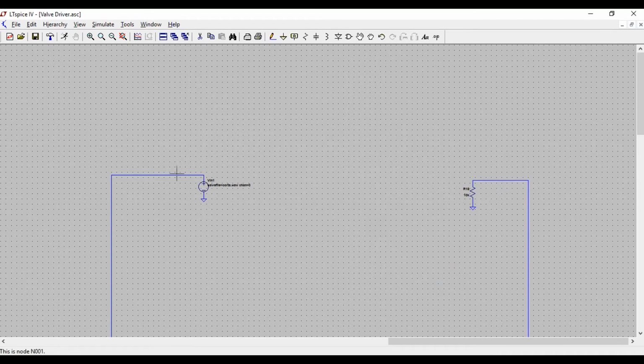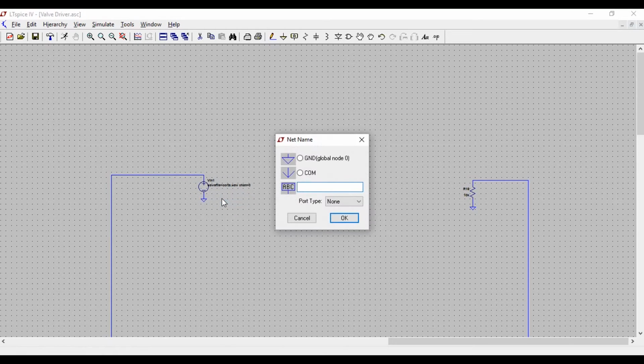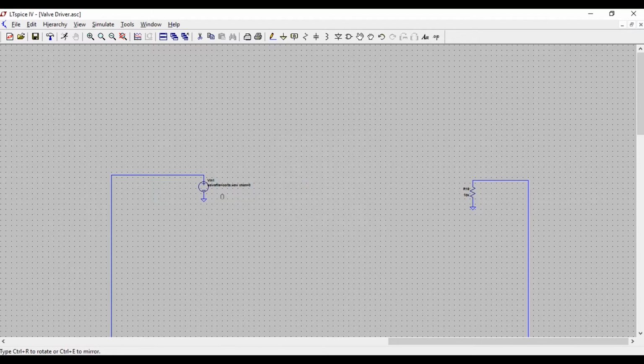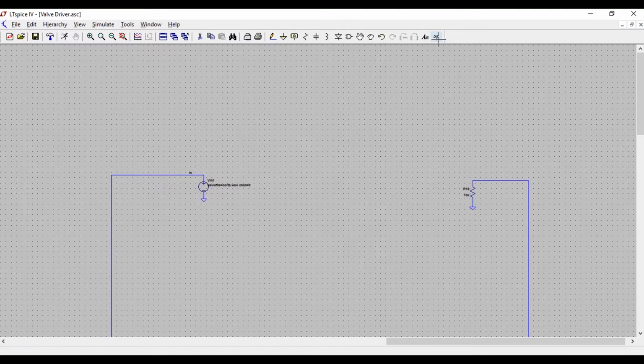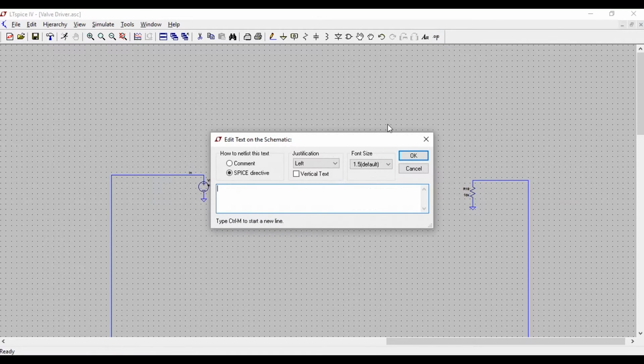Okay, and I also suggest you to label the input net, as it's always useful. Okay, now we have to write inside the spice directive this .wave test1.wav. We are going to generate a wav file